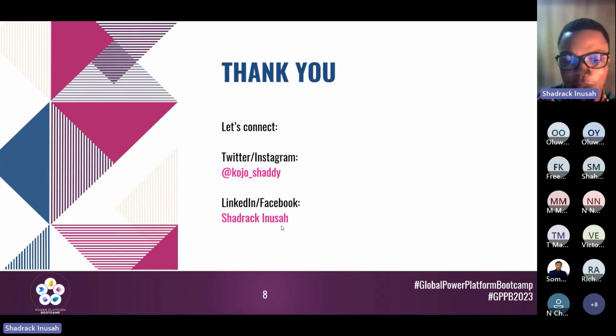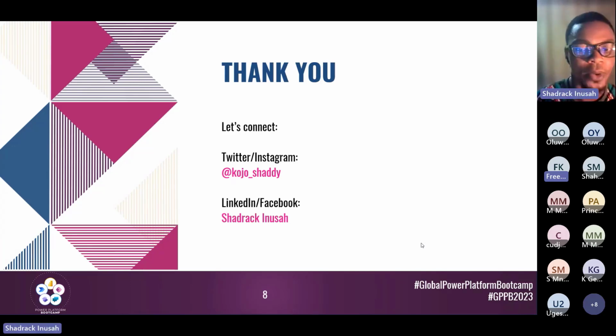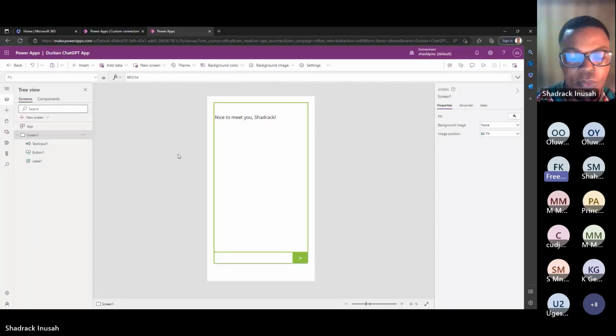Yeah, I think there are some hands up. Freedom, your hand is up again. Yeah, sorry. This is on behalf of quite a number of people here who are participating at the physical level. One gentleman here has raised a question: where would you then integrate your own code in the Power Apps? Maybe you can just show us that portion, not to integrate the code, but just to display that this is the part where your code will probably go in, depending on what you're trying to achieve.